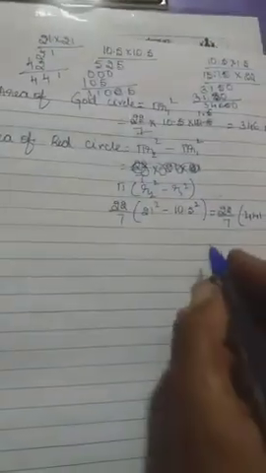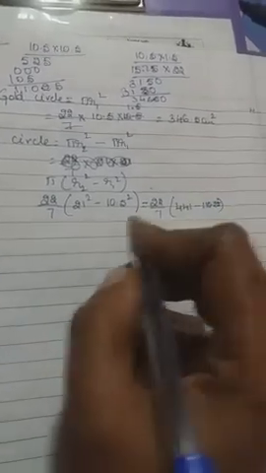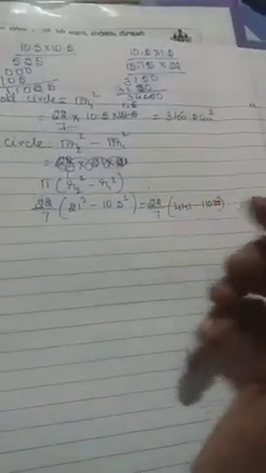5 5s are 25, 2 carry, 5 zeros are 0, 2 carry, 2. 5 ones are 5. From 0 it will be 0 only, and from 1 it is 1. 1 5s are 5, 1 zeros are 0, 1 ones are 1. Then 5, 2 plus 0 is 2, 5 plus 5 is 10, 1 carry, 1. The point goes after one number here and one number here, leaving two places, so it is 110.25. Now subtract: 441 minus 110.25.